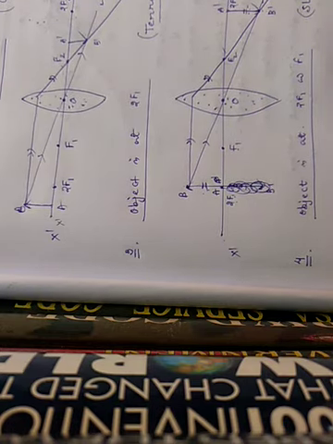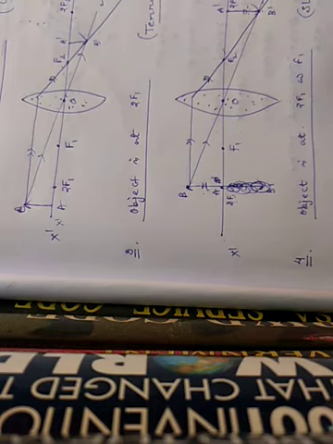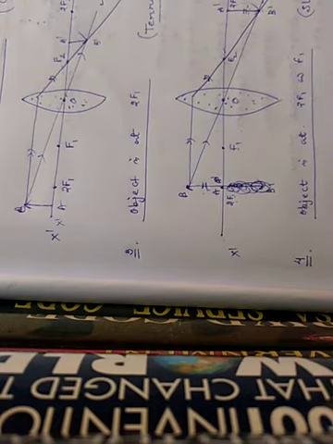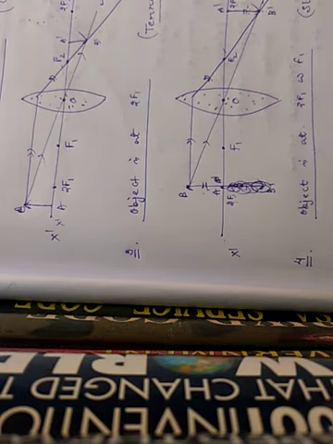Now draw another incident ray with a double arrow mark. This one is a single arrow mark, just to distinguish the two incident rays. This incident ray, after refraction, will pass through the second focus. They will meet at the points A dash and B dash. This is the image, which appears to be magnified, real and inverted.